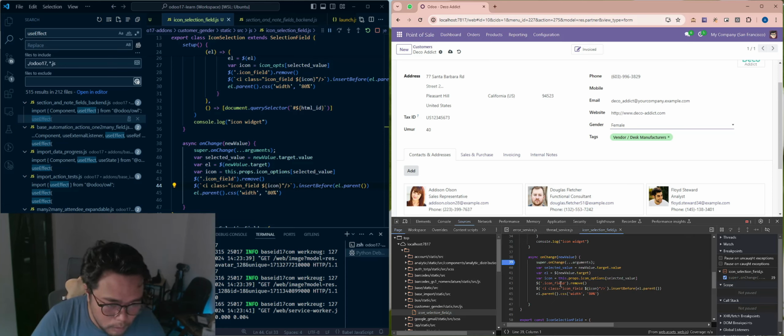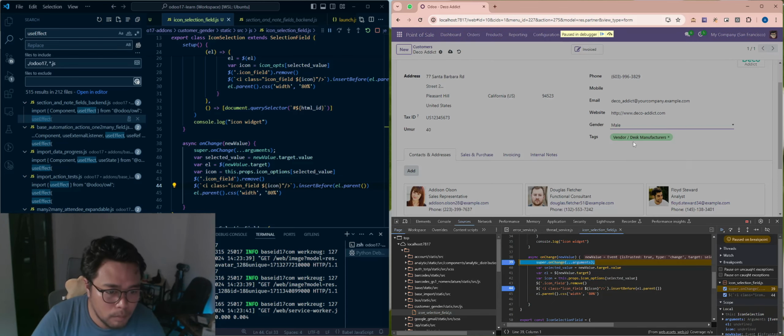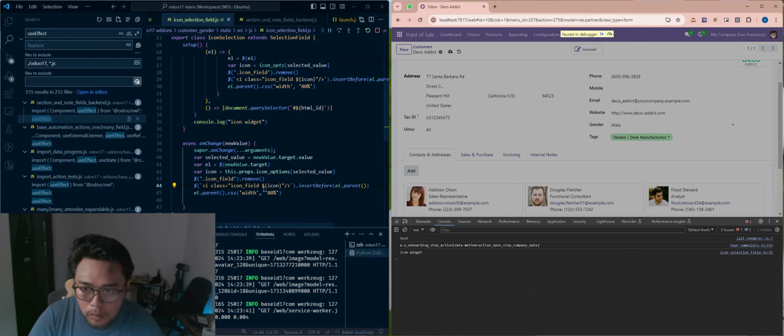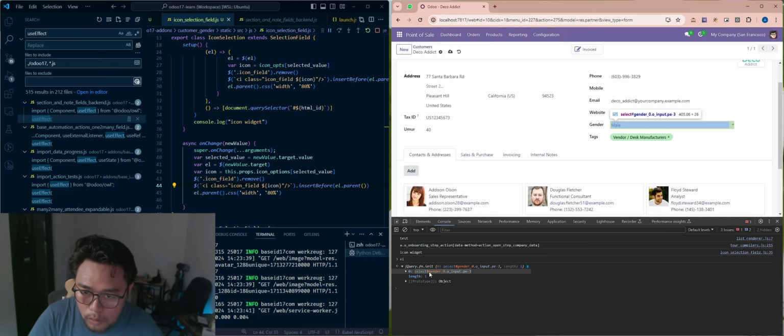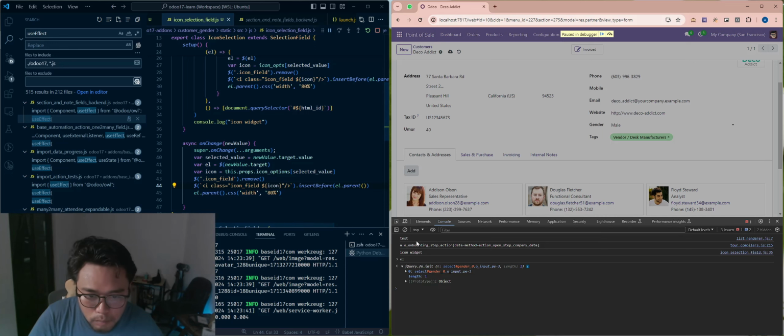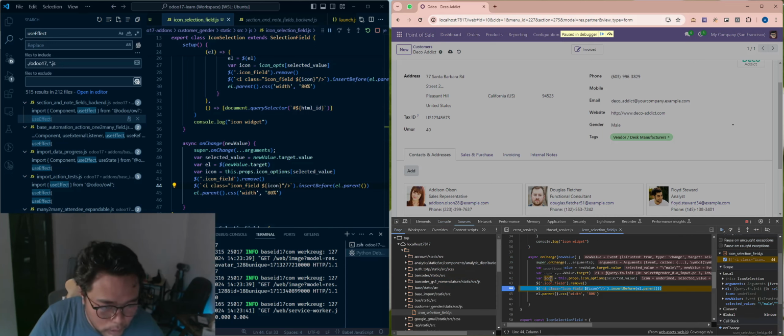Parent element, let's check this one. Mail, we are correctly getting this input. What about the icon? Oh,